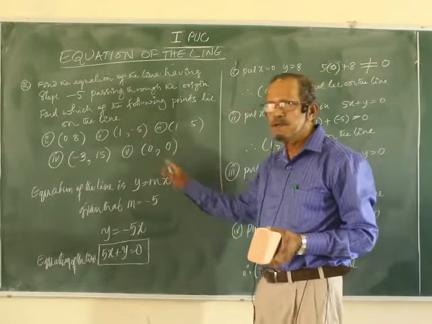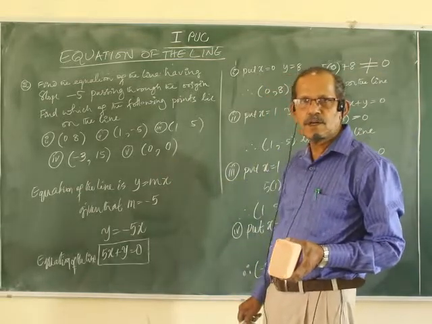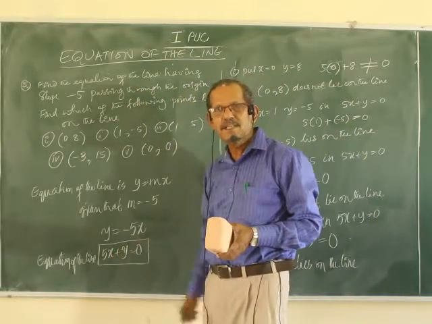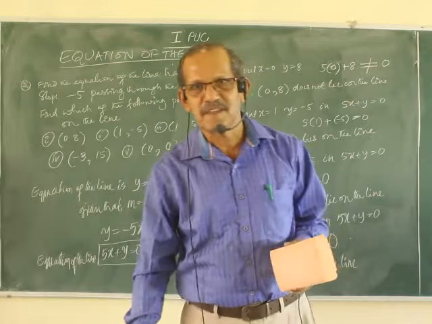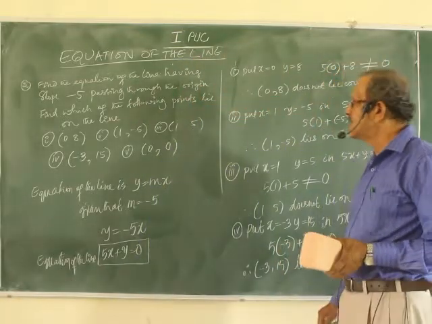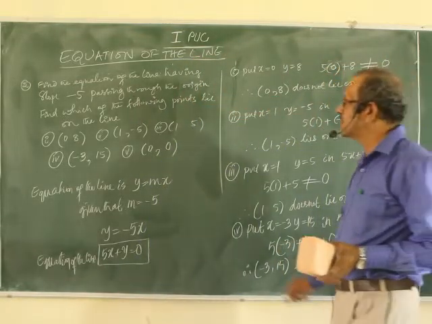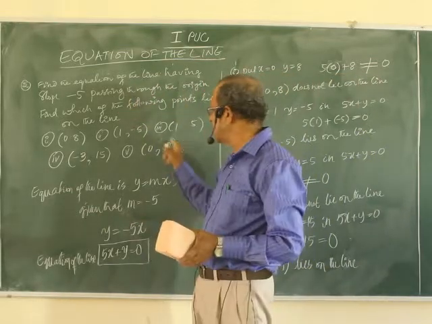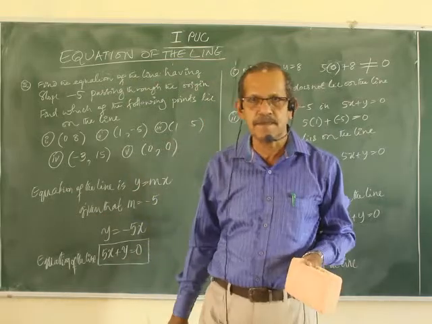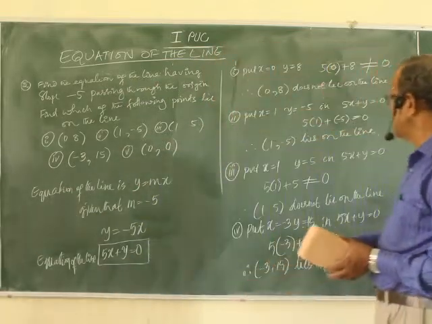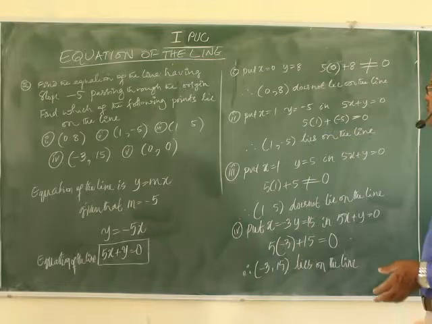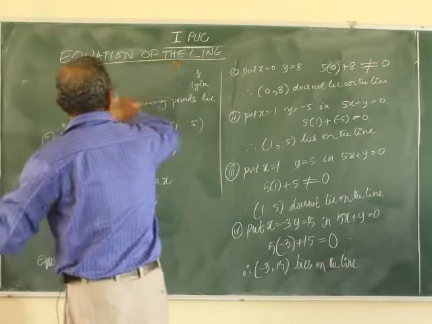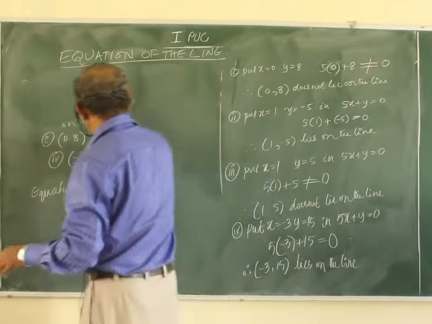This one you can verify yourself. No doubt, because you are passing through the origin. This is origin, no? It should lie on the line, there is no doubt. The fifth point should be there on the line, because already you have written the equation passing through the origin. So it should pass through the origin. Coordinates of that point must satisfy the equation. Verify yourself. Equation of the line.